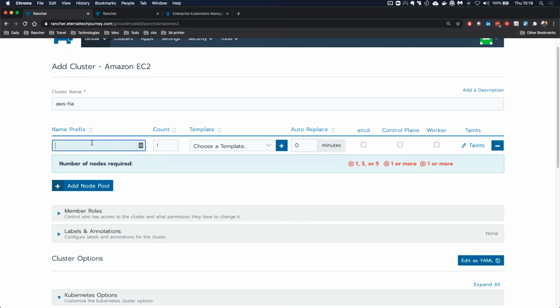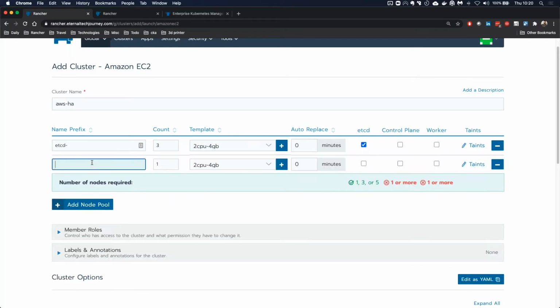All you have to do is give a name to the node pools. So a node pool is the set of VMs with a specific role. So for example, if this node pool is only for etcd, because etcd needs an uneven number to have it HA, right? It does leader election. So I would just give the name etcd. So this will be the name of the VM, and then dash, and then the number of that VM. So 1, 2, 3. And then for etcd, I'll choose a template. I have 2 VM templates already in here, so I'll choose the 2 CPU 4 gig one for etcd, and